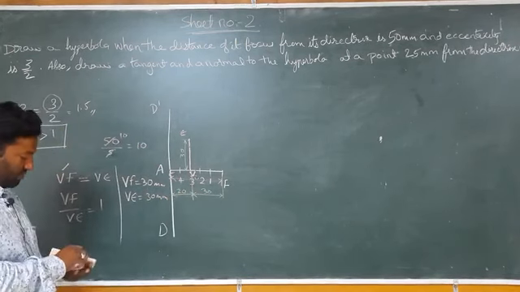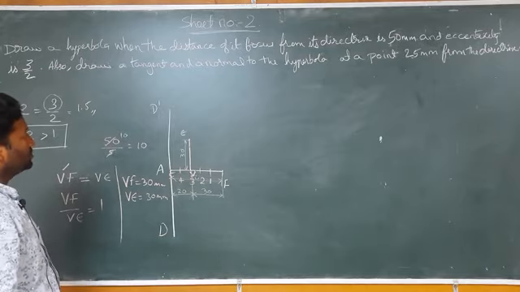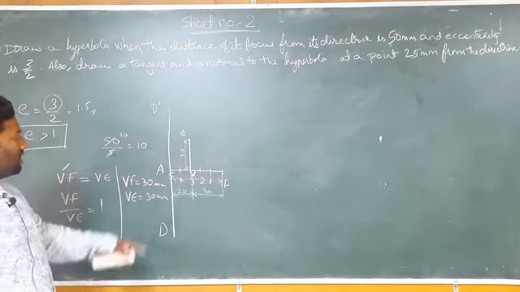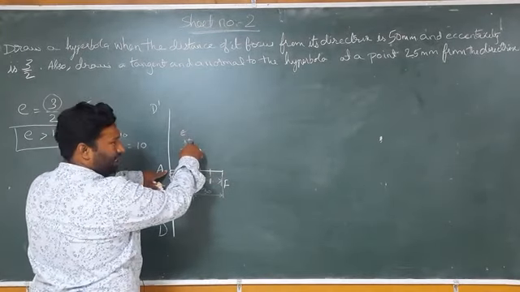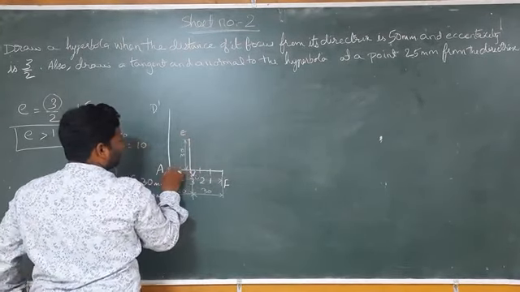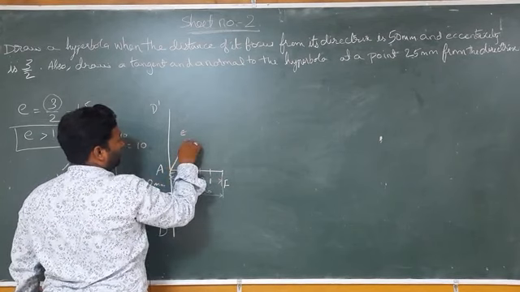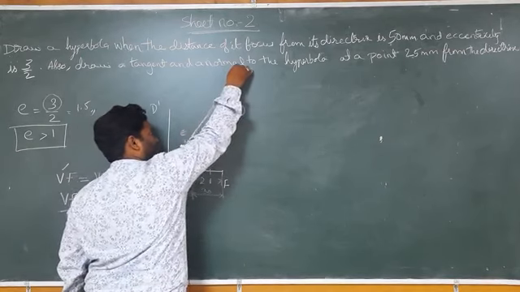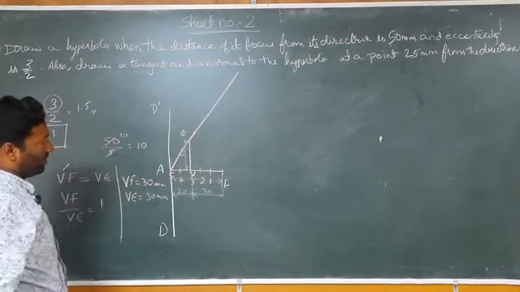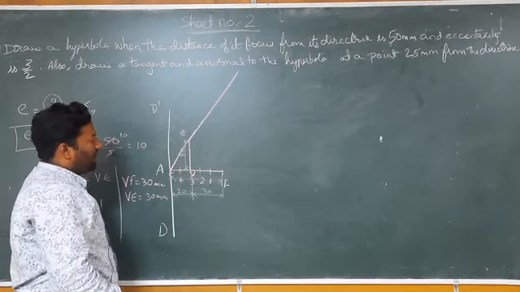So now after that, we have to draw a line starting from the point A, passing through the point E, and we have to extend that line. So here I am drawing that line starting from A, touching E, and after that extending it to some extent. Then, after that, we have to draw